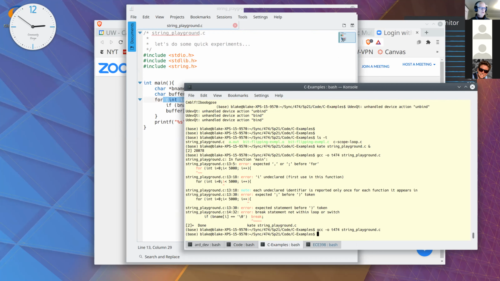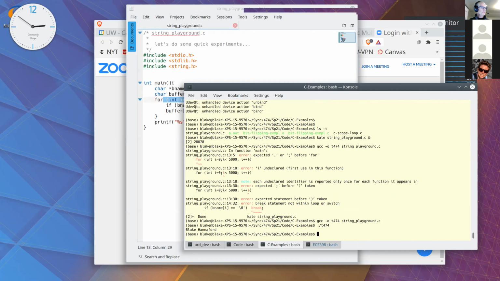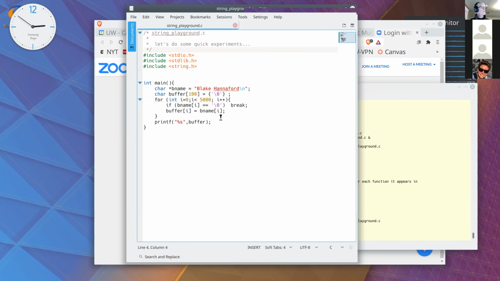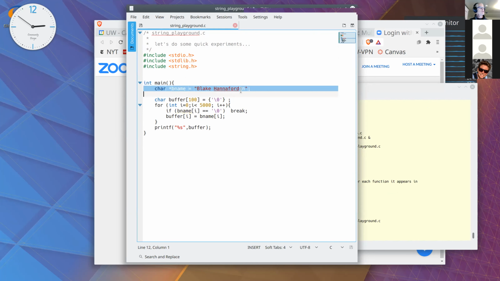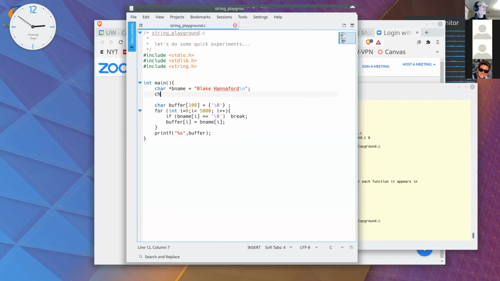And then in C, I have to run it with ./ and then t4 tab. And it prints my name. Okay, so it's working. And so what did it do? So let's take it one line at a time. I have this character pointer initialized to the string. And as I said before, this is the red scribble. If I go char name bracket equals